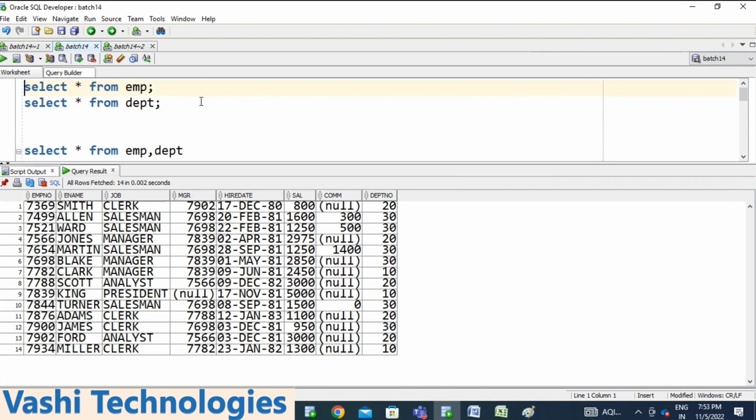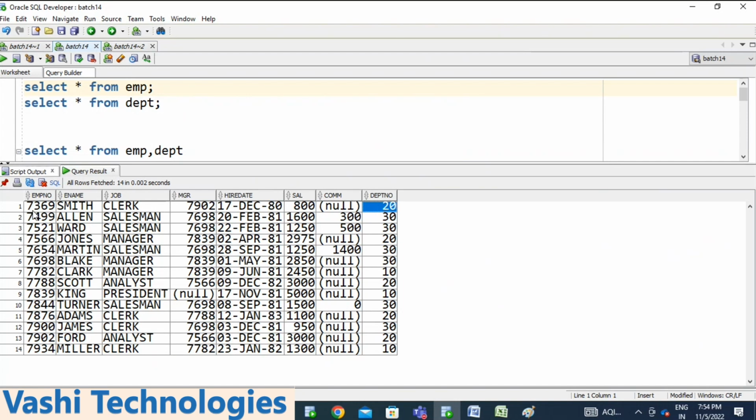This employee table has 14 records. If you observe this data: employee number, employee name, job, MGR. MGR means manager ID. Then hire date, salary, commission, department number.